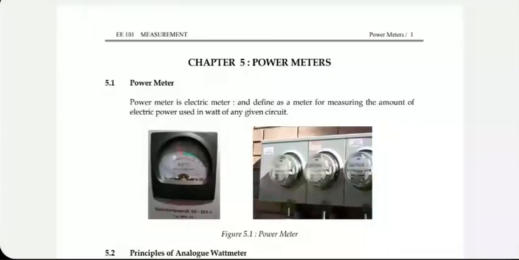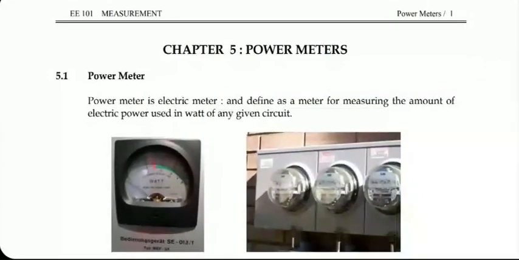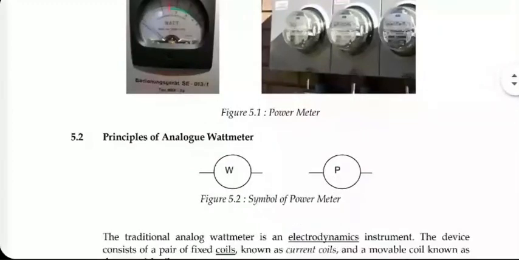So the total torque, generally the current coil is kept fixed and the voltage coil is kept moving, because it carries less current being in parallel with the load. So it is easier to make it move. It is purely an implementation based decision. The total torque generated on the moving coil is proportional to the average power of the signal. It has been shown mathematically, and implementation is where you will see a lot of varieties.